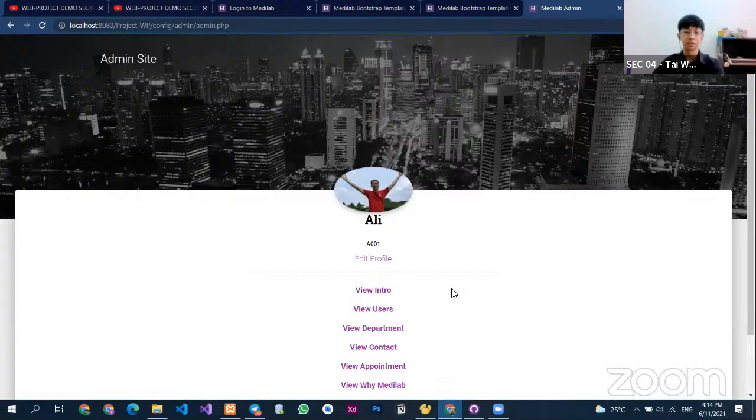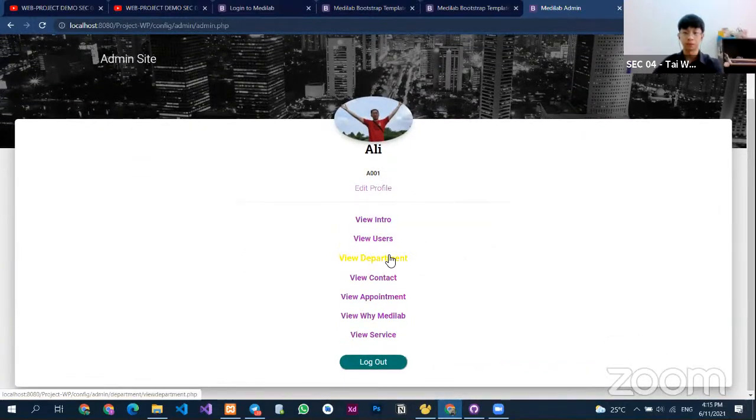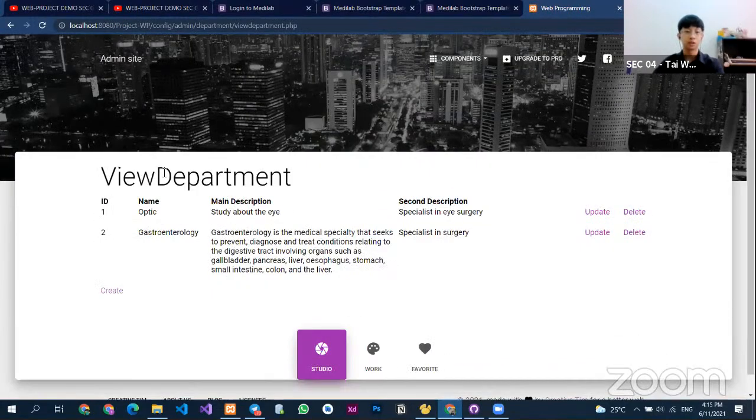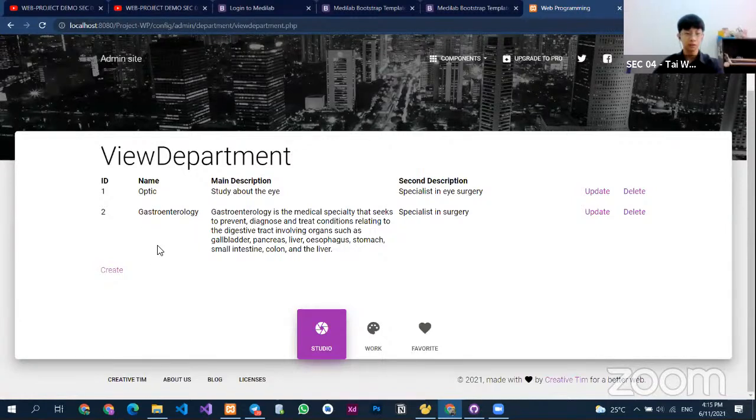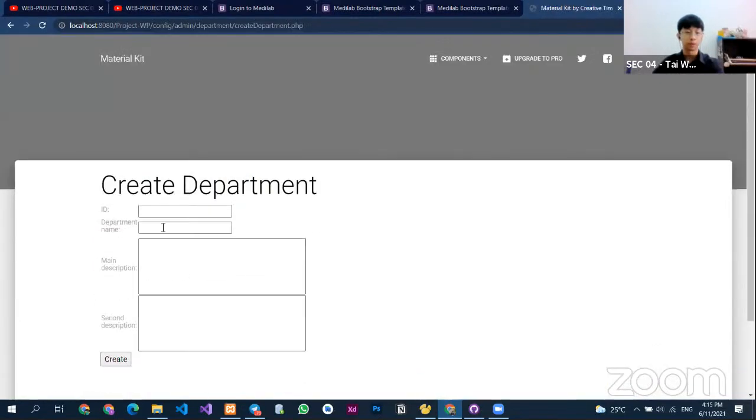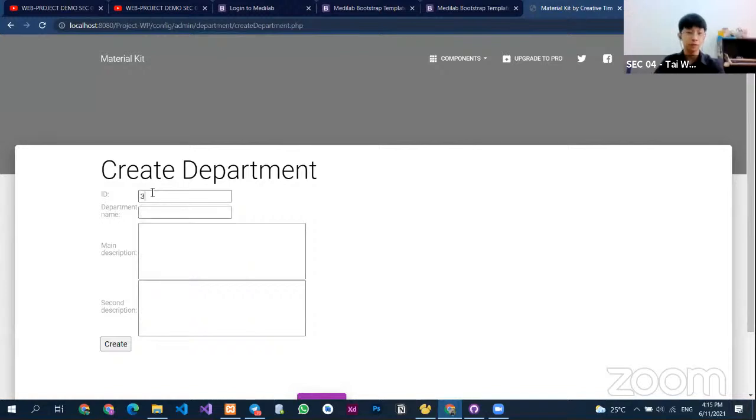Next I'm going to present the view department function. As you can see, there are two departments that exist here. Now I'm going to create another department with department ID of 3 and the name Anatomy. For the first study description I will put study about the stomach, and for the second description I will put maybe the X-ray about the stomach to see